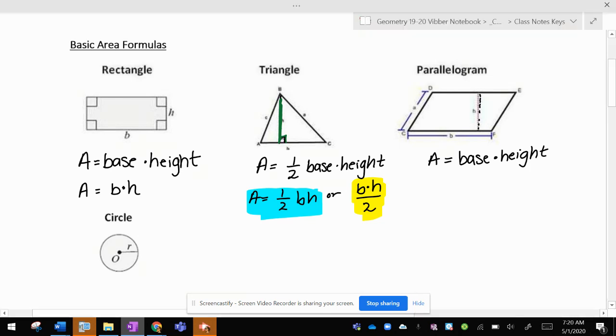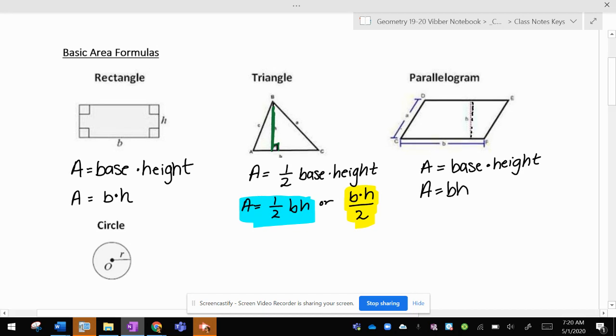Now over here we have base times height, which is the same as a rectangle. But wait, how can a parallelogram have the same area formula as a rectangle? They don't look the same. A parallelogram has these slanty sides on the left and on the right. Well, you know what? The reason it's the same is because what I can do is I can take this slanty piece over here,